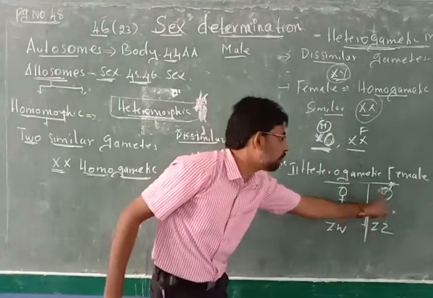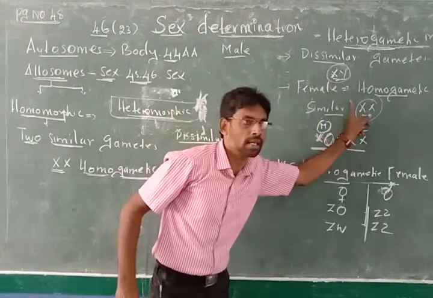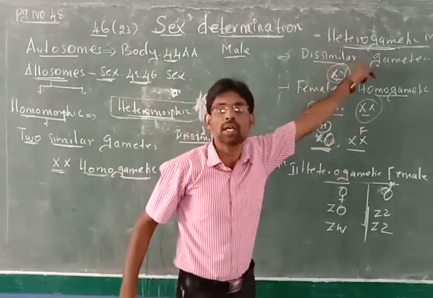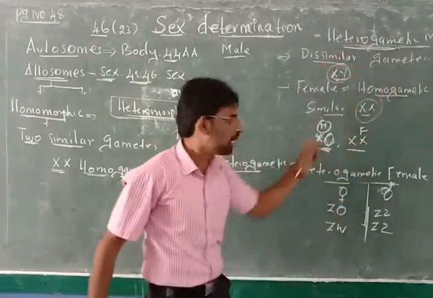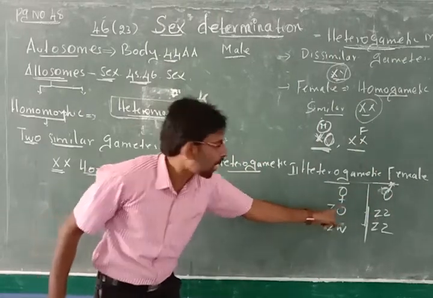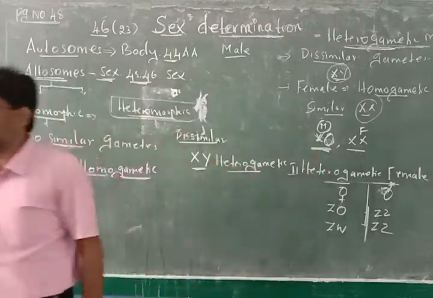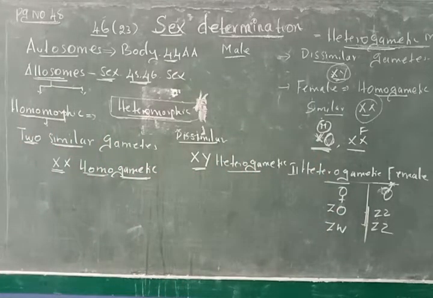So ZZ male is always similar. But when you talk here, female is similar. So that is what it is called heterogametic male. Male is different. Here heterogametic female. See, female is different and male is same. Is that clear? So for example of XO system of sex determination, that you will find in moths, butterfly